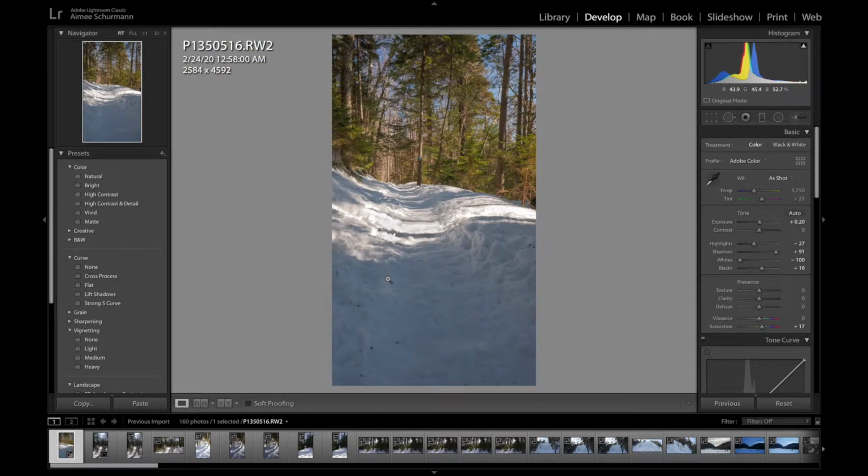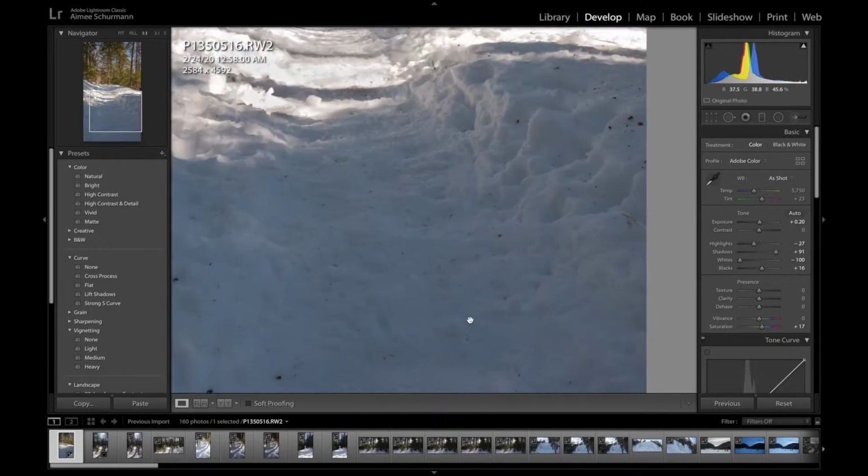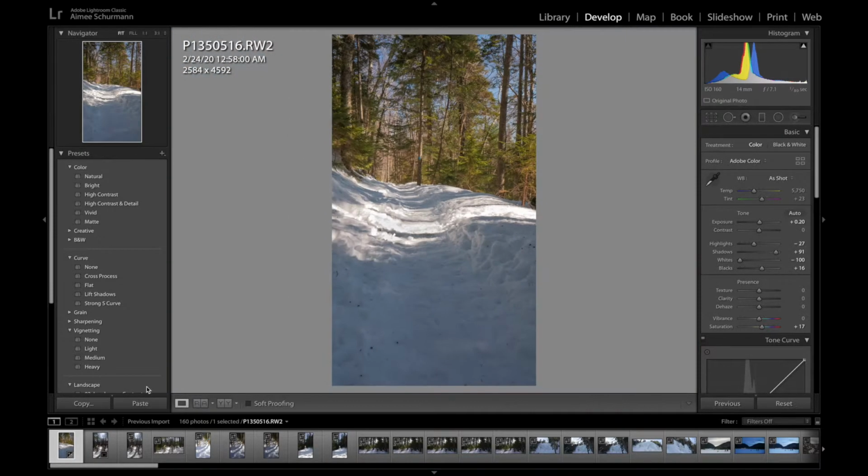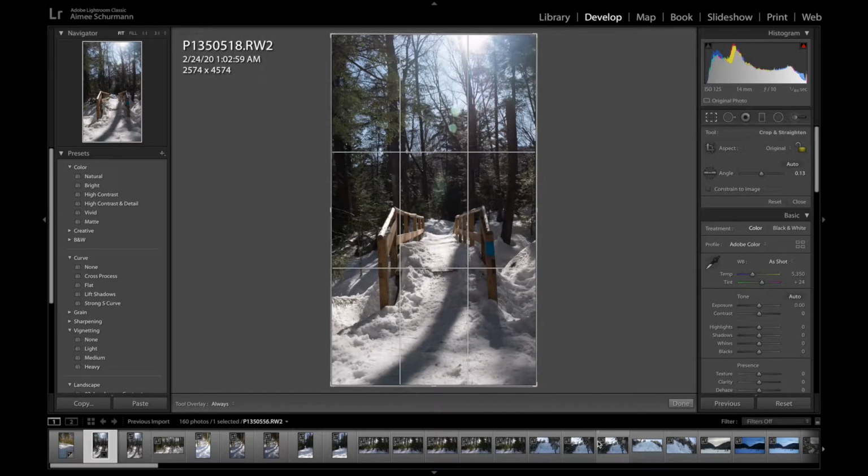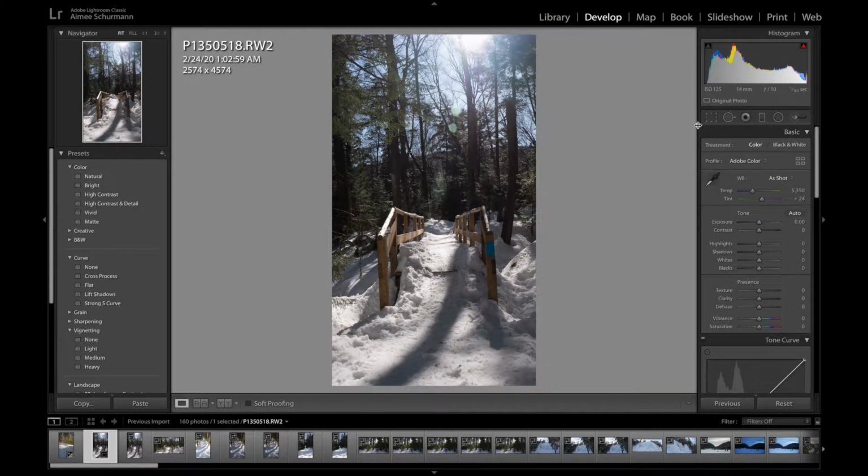still exposed, and even these shadows, like right here. This was very dark. This is very exposed right here. This photo right here I've already edited, so I'll be editing this photo and a few others today. I took a couple hundred photos that I got to go through, and I'll show a few examples along the way. So right now, the first thing that you're going to want to do is straighten it and